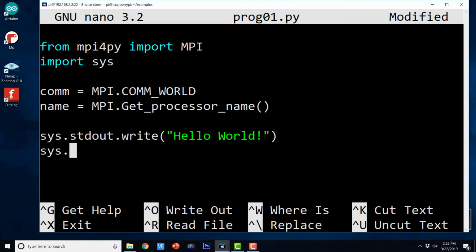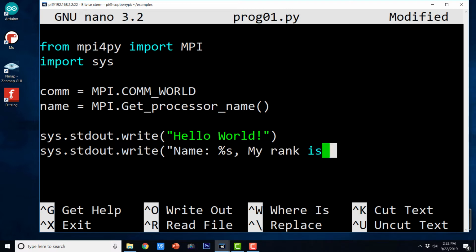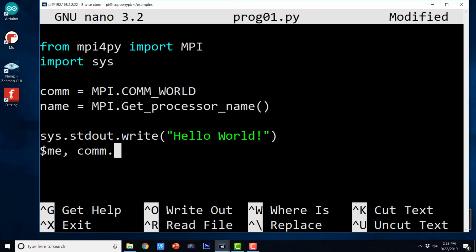And then finally sys.stdout.write, I'm going to say name %s, my rank is %d\n, that is for next line, and here we are going to print the processor name, and here comm.rank. So this is the entire program.